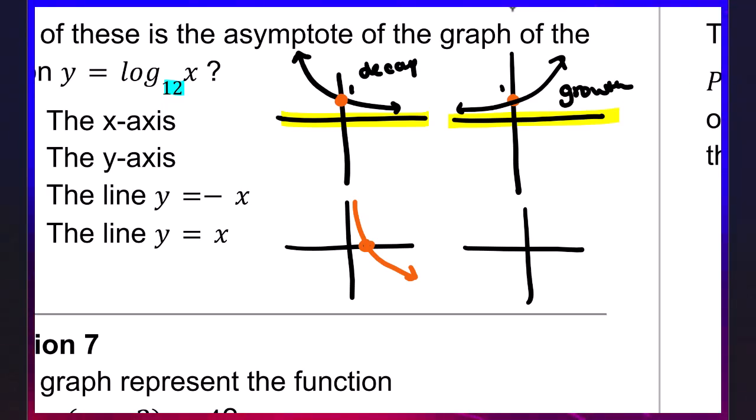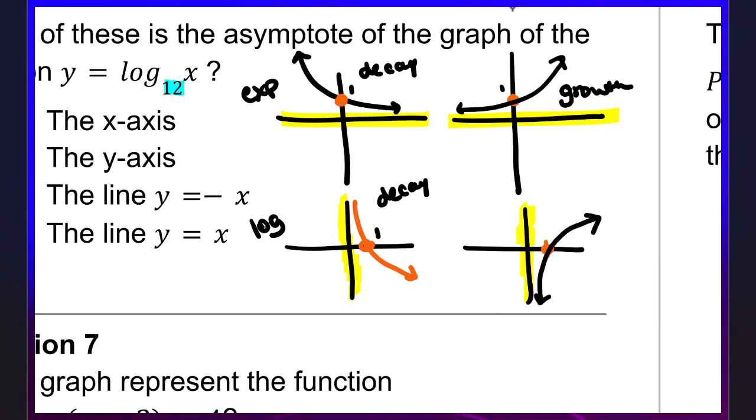So it's going to hit the x-axis at 1, but instead of having an asymptote on the x-axis, it has an asymptote on the y-axis. This is a logarithmic. This is exponential, and these are logarithmics. This is also a decay. And then this one is going to have the same y-intercept. It's going to have the same x-intercept, but it is going to grow instead